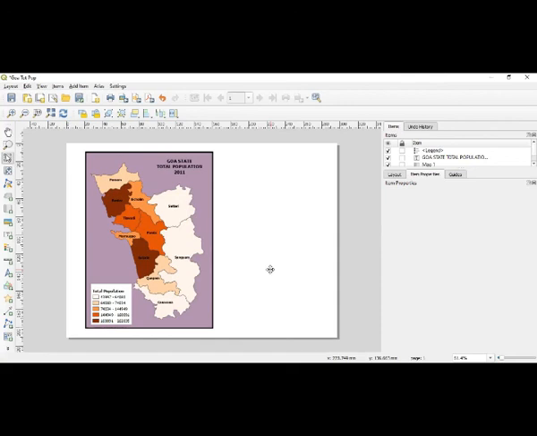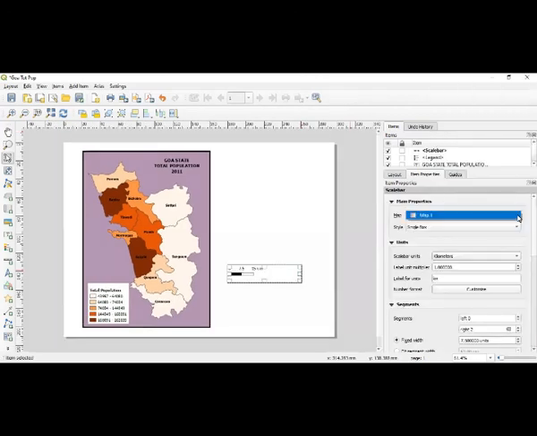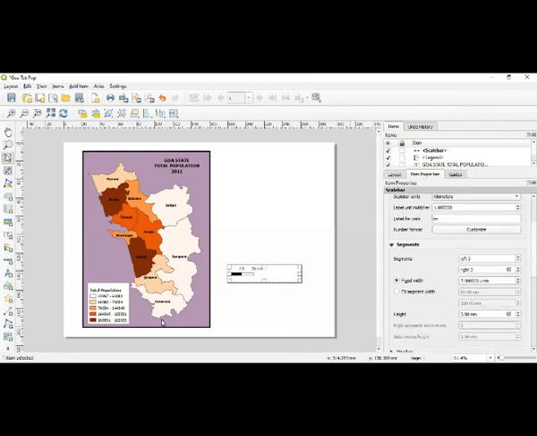So since we are running short of time, now I wanted to add the scale. Now what I will do, again, I will take an item and I go for scale bar. The moment you take that one and click anywhere, it is going to give you the scale. So on the page where you want this one to be, I will take this part here. Okay, now I want this to be added here. But what happened? The space is not enough. I will reduce these again into 2 only, and I will take it here and add.